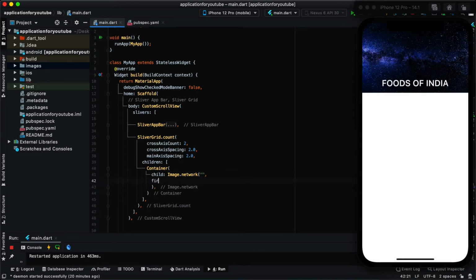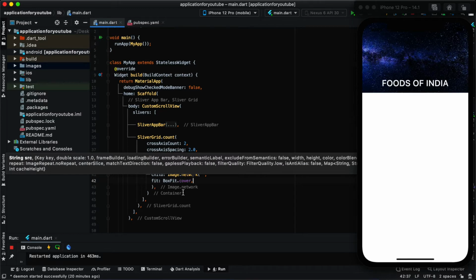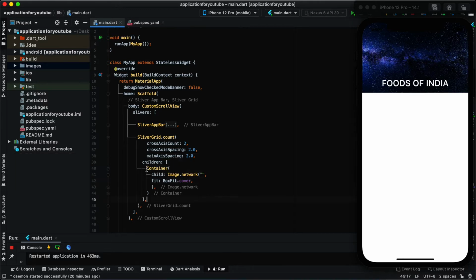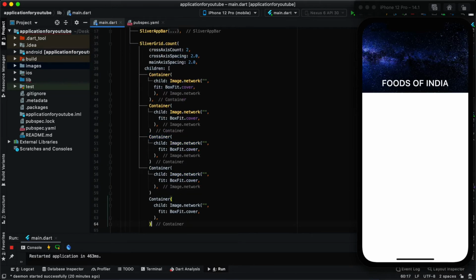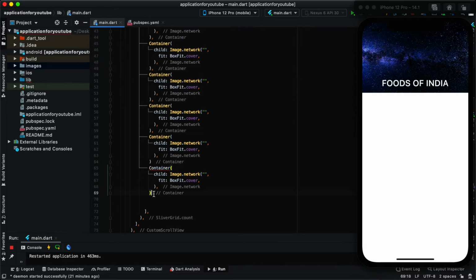And apart from that, I'll make it fit, which should be BoxFit.cover. So this will be my container widget, and I'll just copy it and paste a few of my containers. I just missed these commas. Okay, so these are my containers.